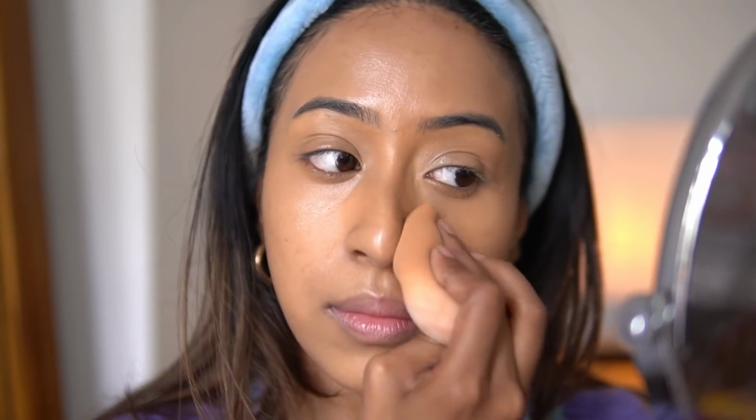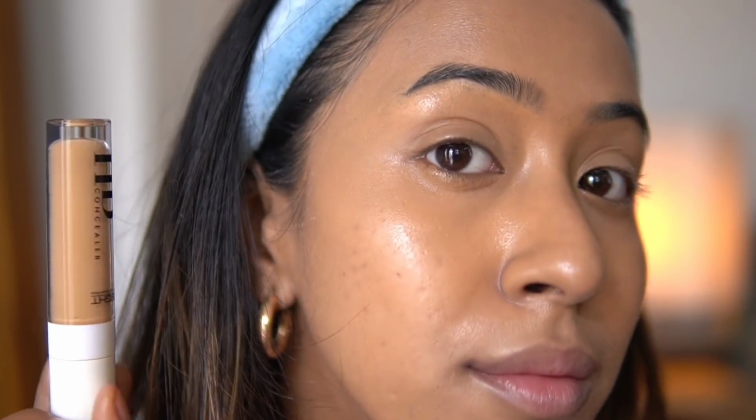Now it can be a little bit too oily, I know that, but only after putting all the products on my skin I'm going to determine which parts I want to mattify a little bit, maybe just after putting all the base makeup products, because I feel like after a while the glow kind of sets down a little bit, tones down a little bit, I would say. So right after this is how my base makeup looks like,